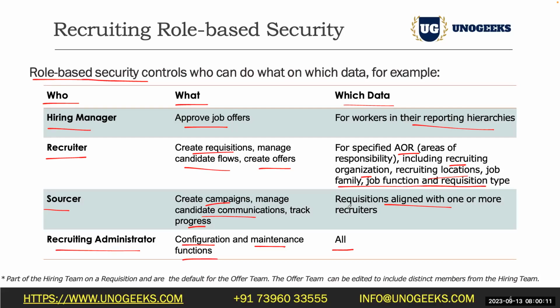Ravi, what is the difference between job family and job function? See, basically these are grouping parameters. For example, we may have something called engineering as one group, and inside engineering you might have civil engineer, mechanical engineer. If you want to have this kind of classification, then we use the job family and job function. This information is stored in the job.